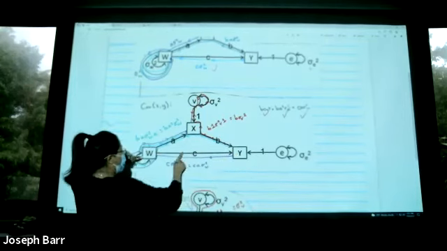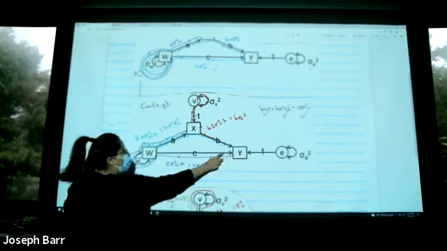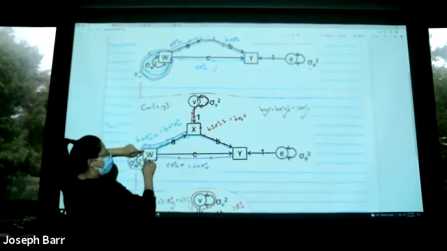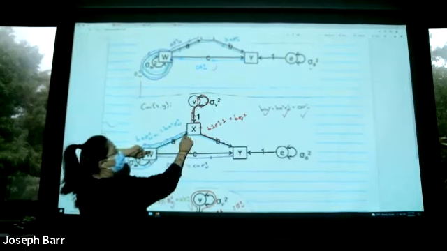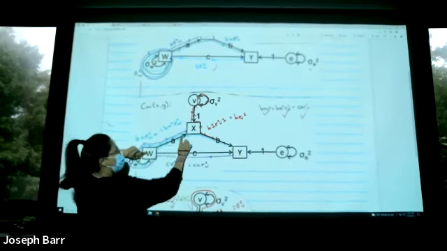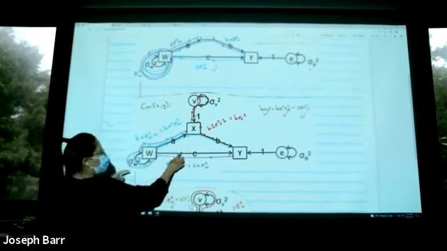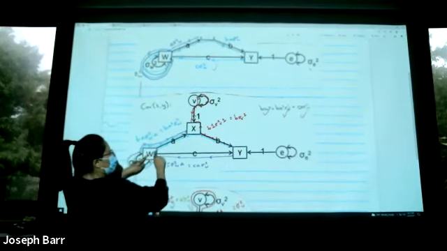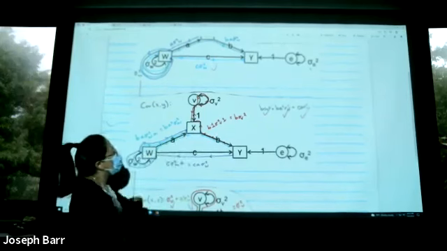So you can use this path because before the double-headed arrow, you can reverse the direction. After the double-headed arrow, you're going to follow the direction. So this path is totally fine. So C times the variance of W, and then goes to X.